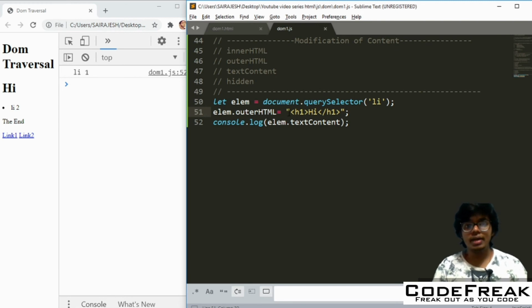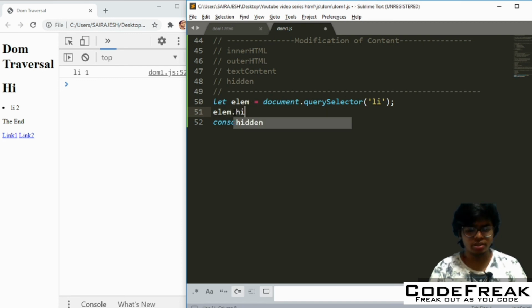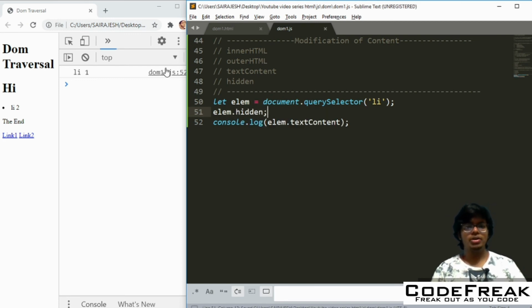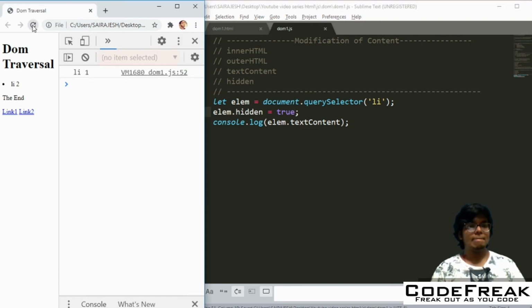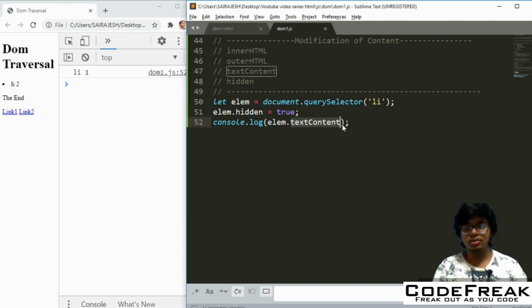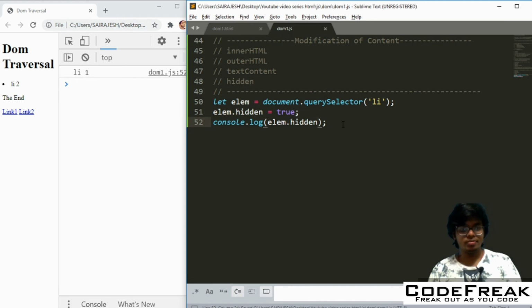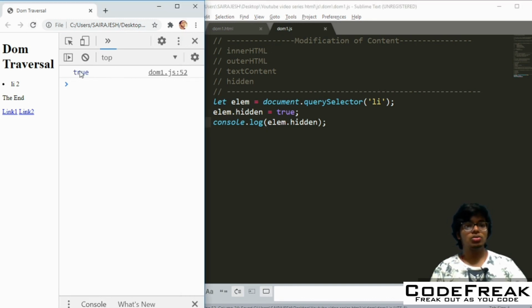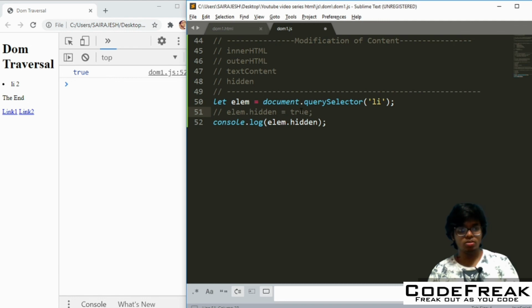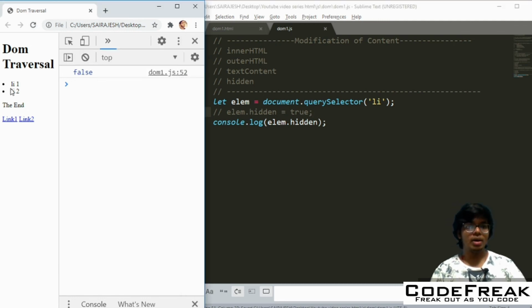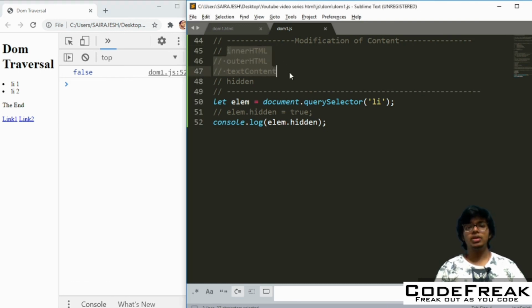So now let us try to do something like maybe element. Let's just look at element dot hidden also, because we have put it here. So element dot hidden equal to true. So you have to make it true or false. It's a thing like that. Okay. So you can see that the element just got hidden. So you can just do that here. So you should get a true in the console. So if I just comment this sentence out, you will see that you will get your li1 here and it's false here. So that's with respect to element.hidden. So I hope you understood the differences between all of the three here.